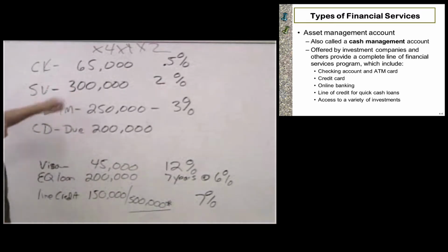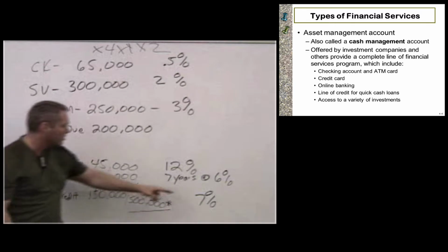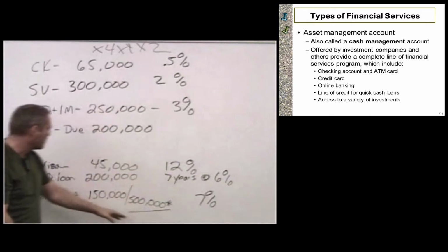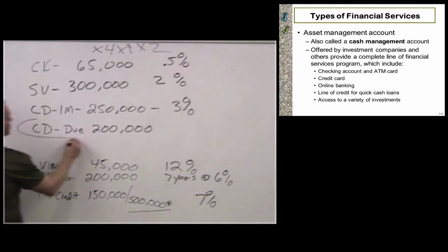So I'm going to look at this here, and I see I've got about $100,000 worth of payroll coming up, so I want to keep that there. I've got my savings account here, $300,000, a couple CDs, one at $250,000, one that just came due at $200,000. I've got a Visa bill here at 12%. I've got a long-term equipment loan here at 6%, and I've got my line of credit. So if I don't think I have an awful lot of demands coming to me on this $200,000